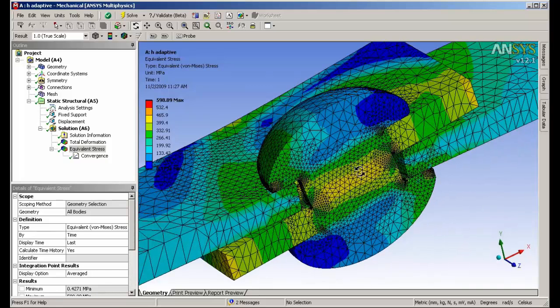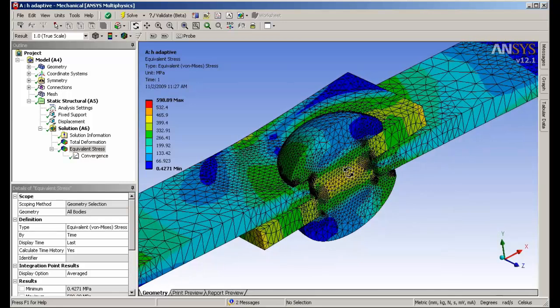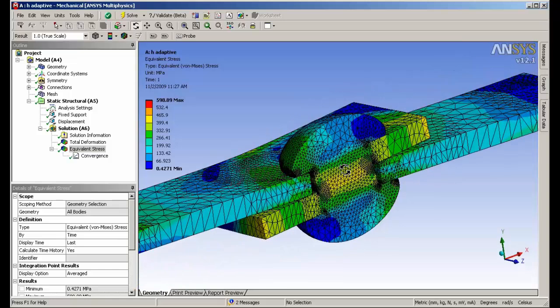So this is something you want to keep in mind as you're solving stress solutions. The same H-adaptive technique is valid for a modal analysis or a thermal analysis and a variety of other analysis types in mechanical. So keep this in mind as you use the software,